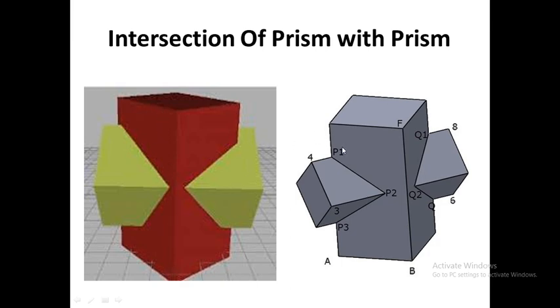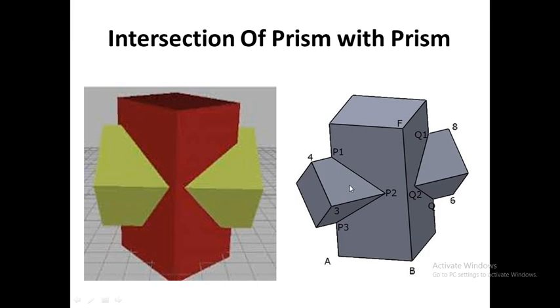Now the vertical square prism and the horizontal square prism are intersecting each other at this line. So P1 to P2 and P2 to P3 are called lines of intersection. Since both the solids have their lateral surfaces as plane surfaces, when this horizontal square prism intersects with this vertical square prism, the common region of intersection will consist of a line and not a curve. So P1 to P2 will be called the line of intersection. Similarly, on the right side, Q1 to Q2 is the line of intersection of the vertical prism with the horizontal square prism.